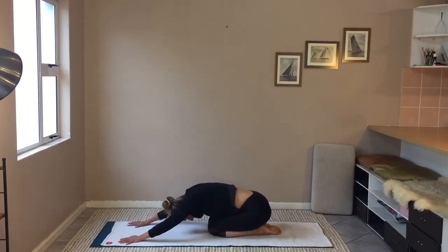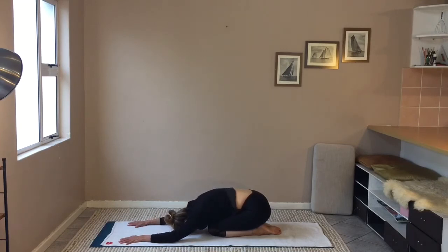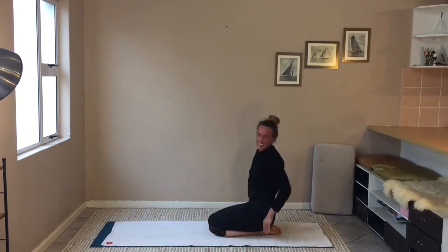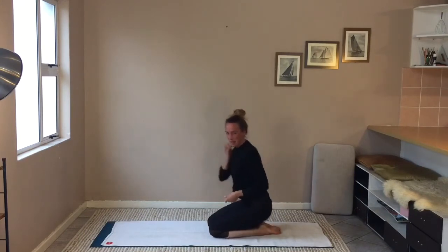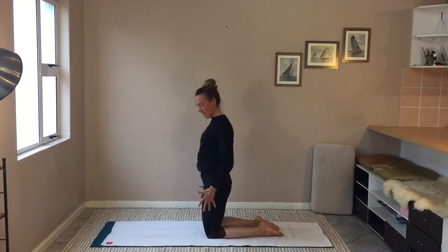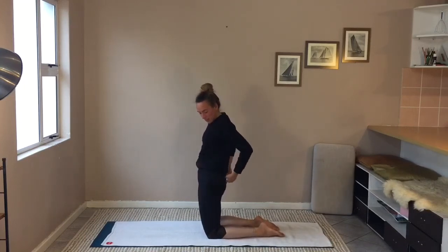Inhale to expand and exhale consciously surrender into forward fold. And then chin to chest, roll yourself up, sitting on heels. Coming up onto knees. Bring your hands alongside your thighs, fingers spreading wide, and then kneeling here to press the